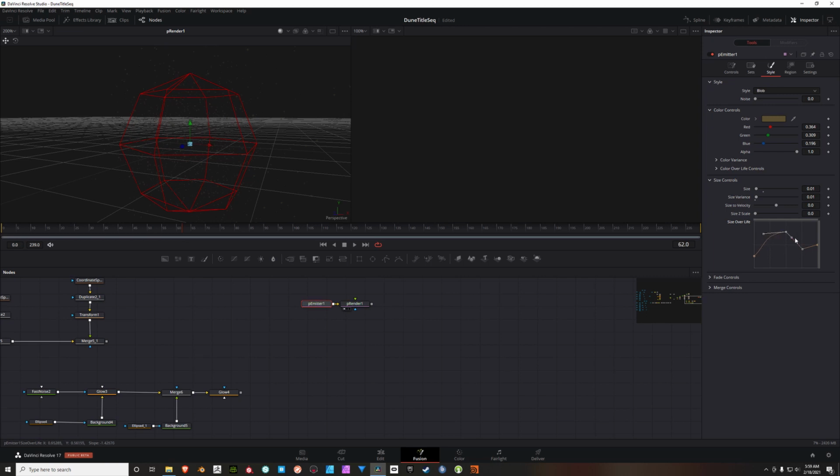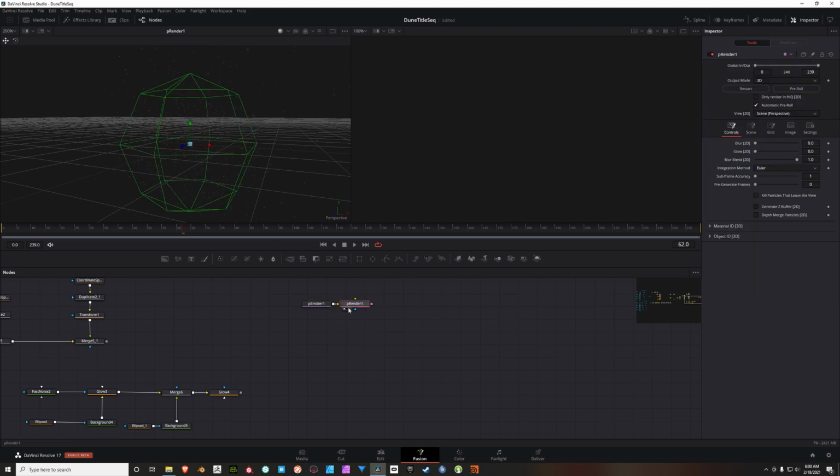And so working just like with a standard graph, like a graph editor, you can take those and you can add in some weight, some ease in and ease out to this spline here. So I'm just going to add a little bit into this, maybe add a little bit there. All right, so as long as the line looks similar to this,